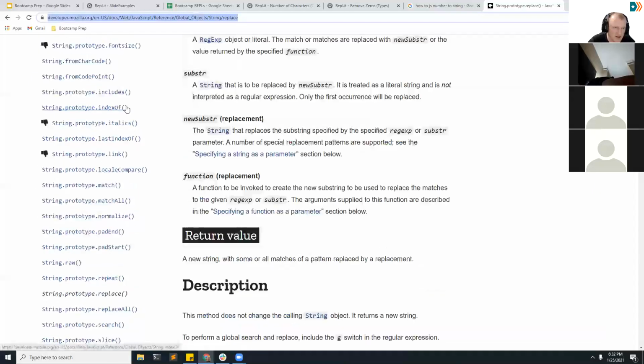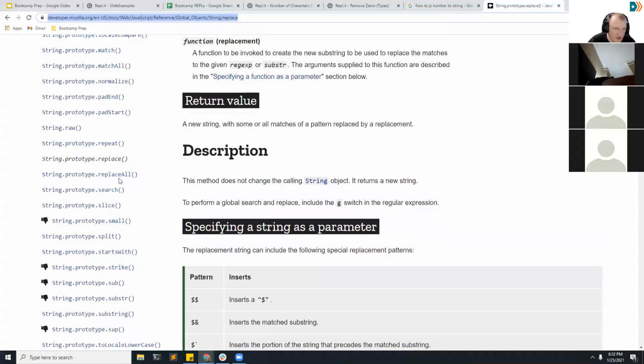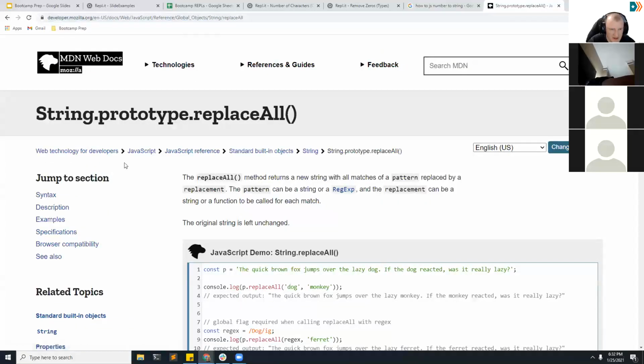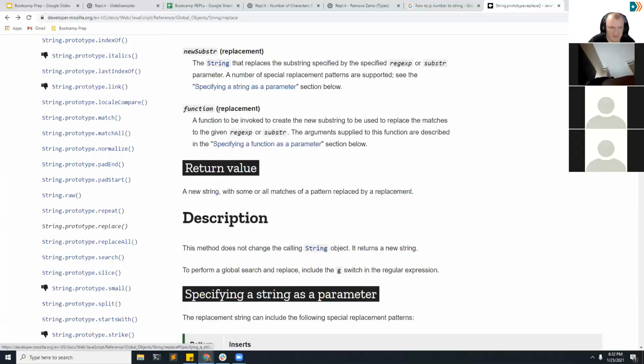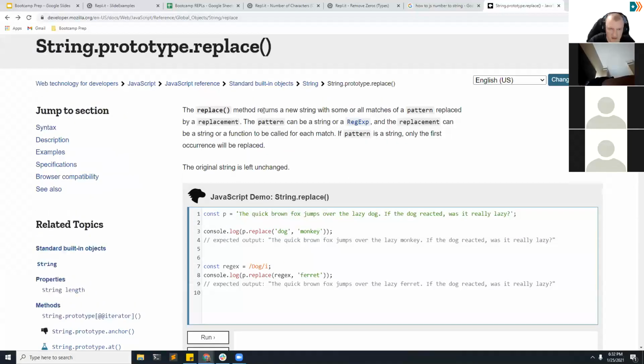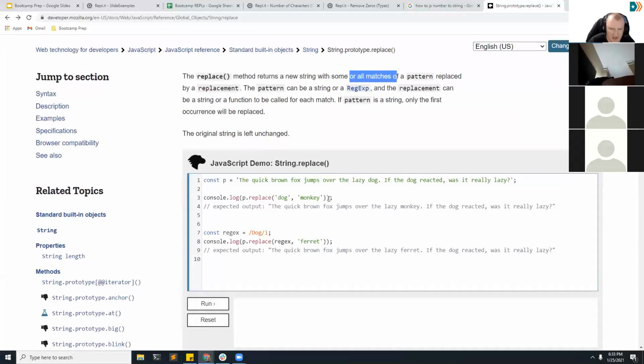So there was another one I saw right below it called replace all. This one is using the same example. So this one, replace all instead of regular replace, replaces all the matches. If we go back and read, it probably mentioned this, right? In this description, it says a new string with some or all the matches. So how come they got